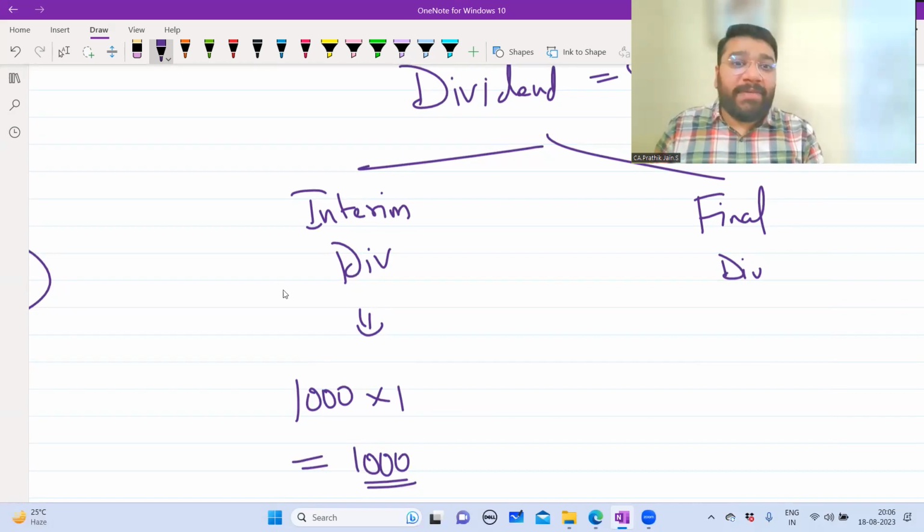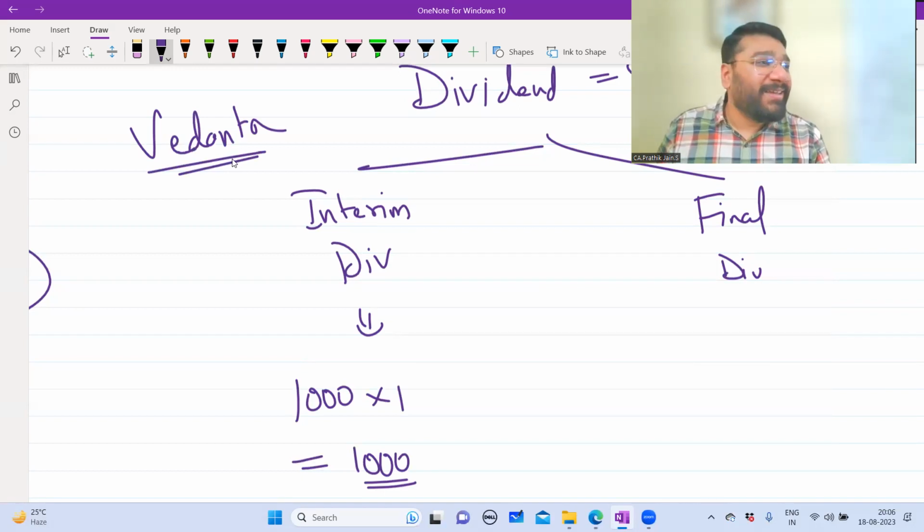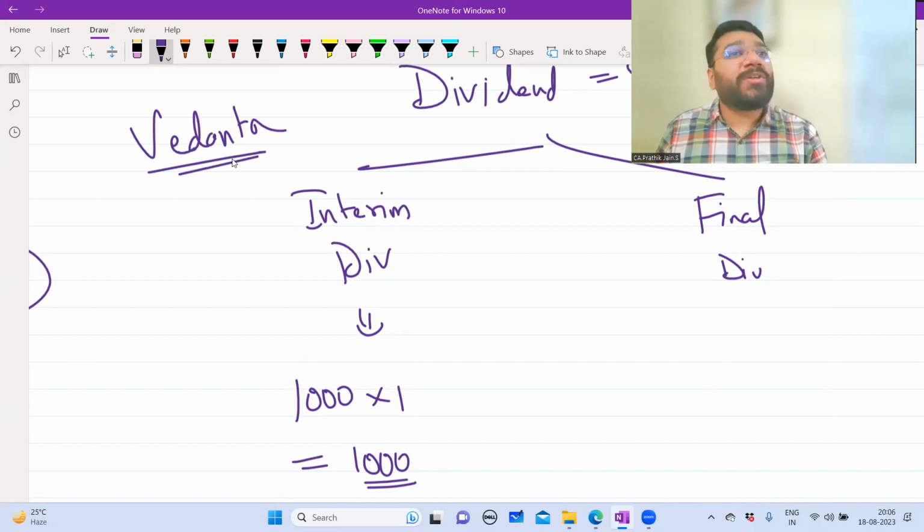I'll tell you one live example. There's something called Vedanta Limited. You've heard of this company, Vedanta. Yes, sir. Sterlite, you know. Sterlite, everybody knows. Sterlite is known to a lot of people. Why is Sterlite known to us? Because of the pollution that factory emitted. And which city is Sterlite located in? Tuticorin.